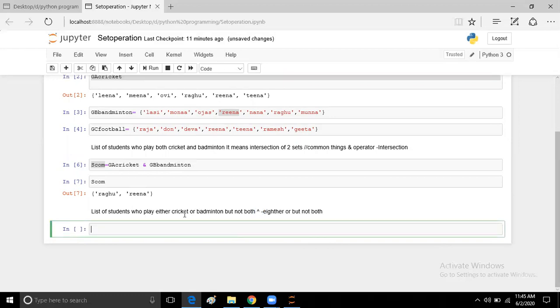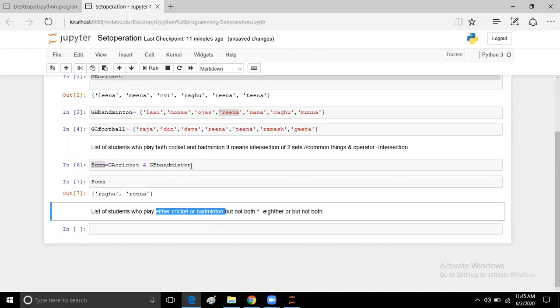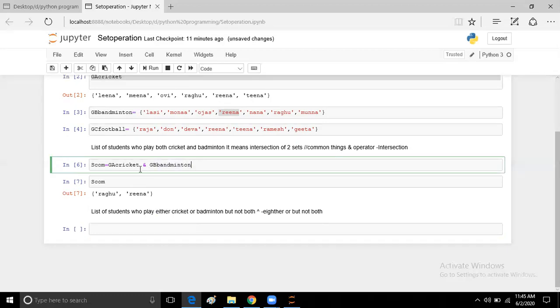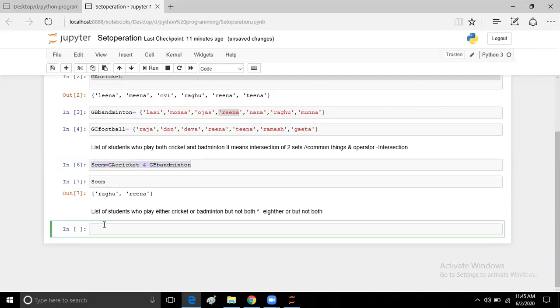Now we are talking about who will play either cricket or badminton but not both. So here, instead of and, we are going to use the caret operation.